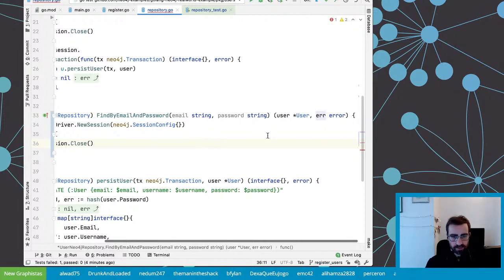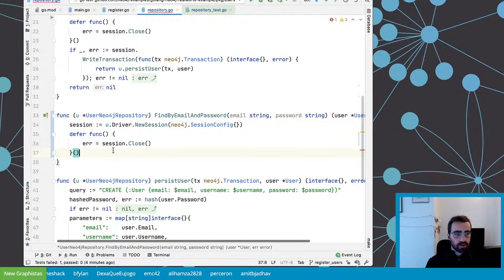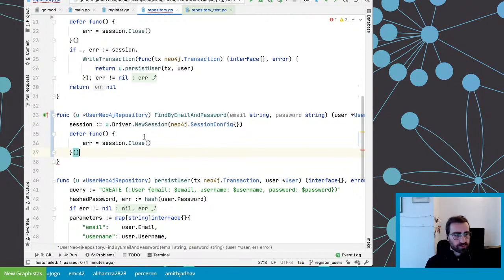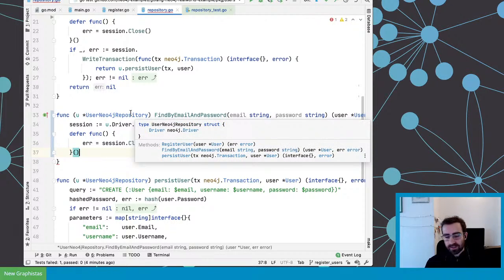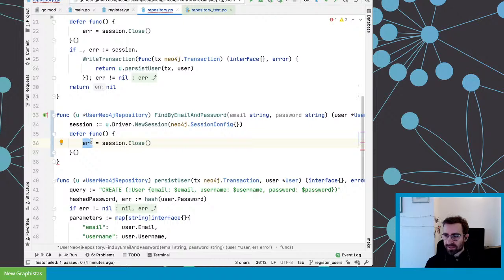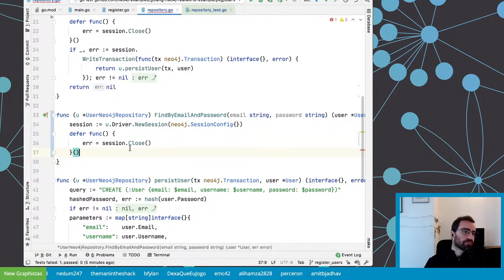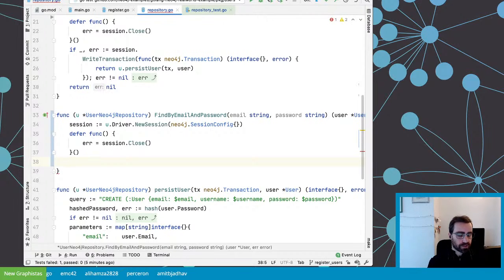So in that case, I'm gonna overwrite the value of whatever is in the error variable. There might be, again, a smarter way to do this, because if there is an error before that, I don't want to lose it either, right? The way I'm doing it right now is a bit simplistic, because I overwrite any potential error before that, and instead I should probably compose them. Say, hey, there's been an error with the read transaction and also the session close, not only the session close. But for now, keeping it simple, let's not overcomplicate the code.